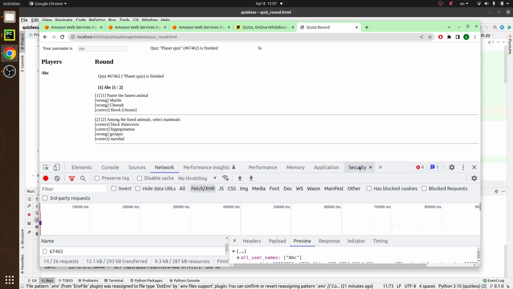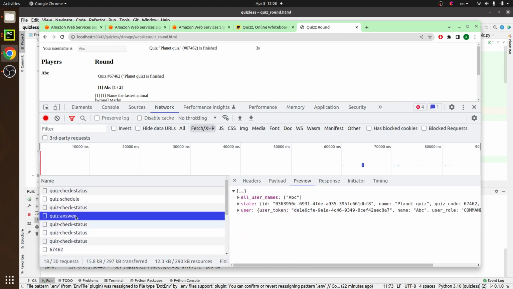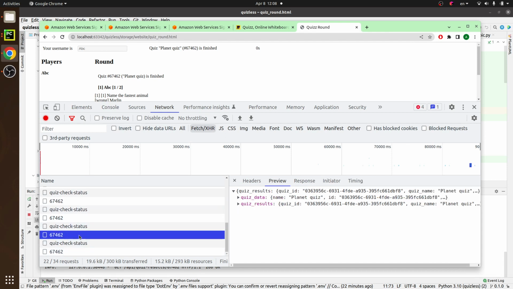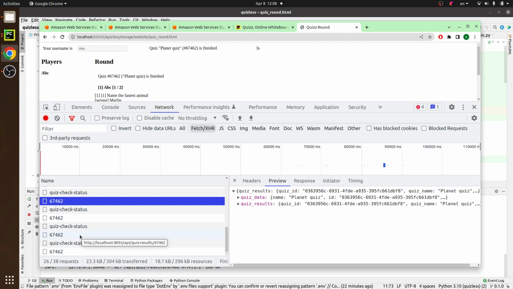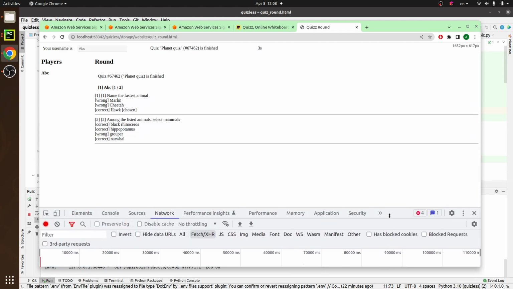And let's see, I already have the results, and the results are coming from one of the quiz check status requests, probably. No, from this request. My frontend still keeps polling the server for the results. Probably I should have addressed this issue and made the frontend stop querying the results when the quiz is over. But let me check